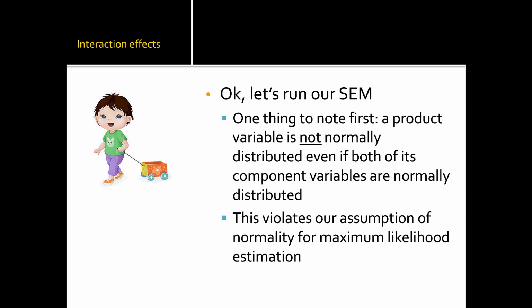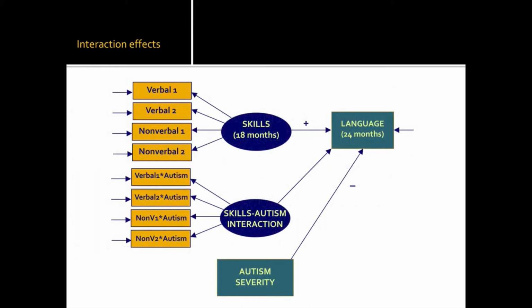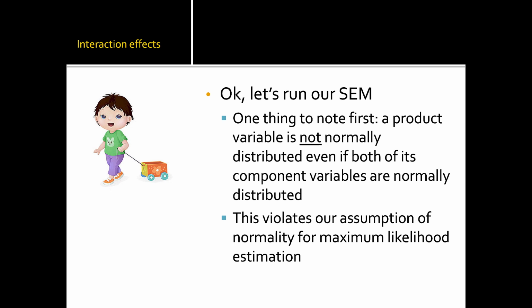Let's run it first. One thing to note is that the product variable, the latent variable we created where we multiplied autism severity by the skills latent variable, you can't assume that's normally distributed anymore. It might be, but it might also not be. Even if both components, that is skills and autism severity, are normally distributed, you cannot necessarily assume that the multiplied variable is, because, well, when you multiply two things together,